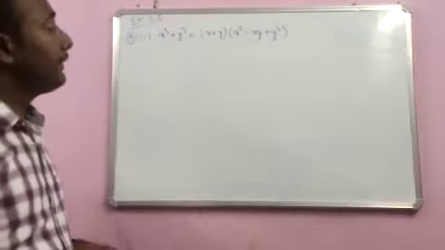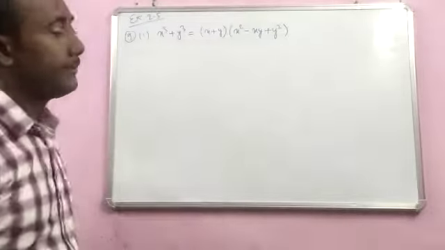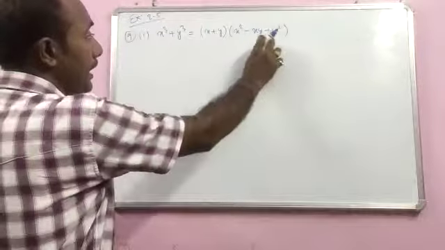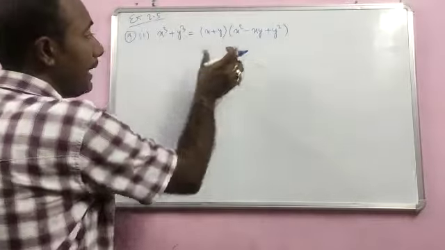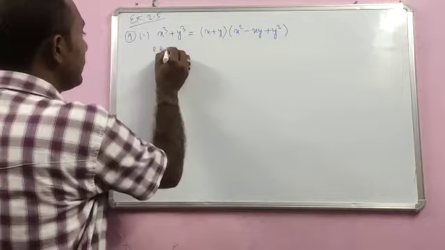In order to verify this, we can start from the LHS part or from the RHS part. Now it would be better that we start with the RHS part, because we have to show these two equal. This can be multiplied and further expanded. So we'll start with RHS is equal to.